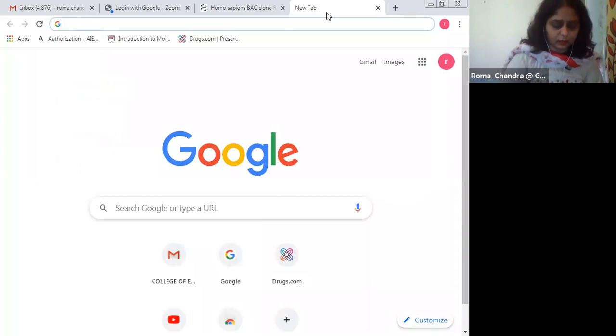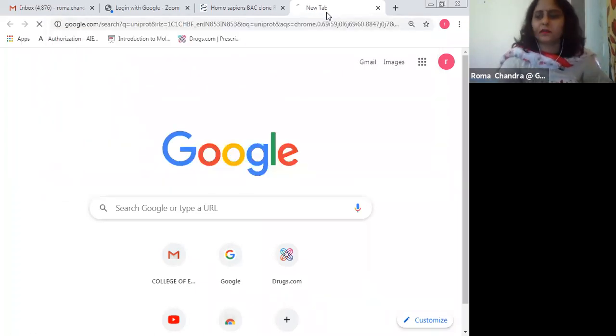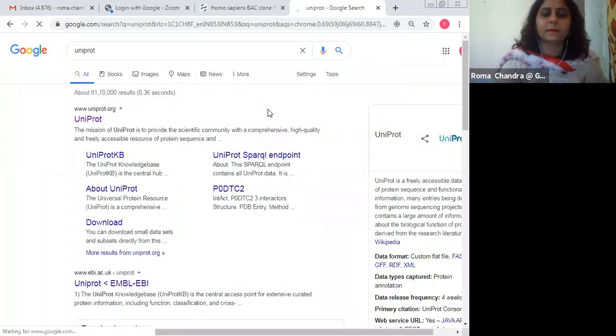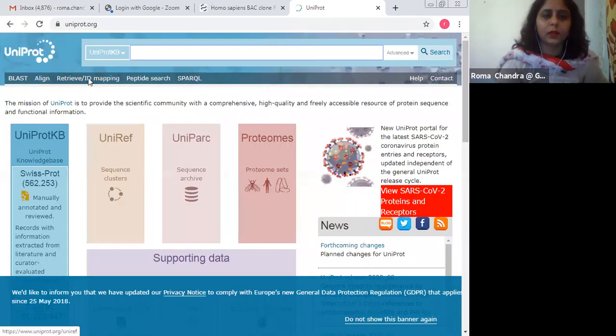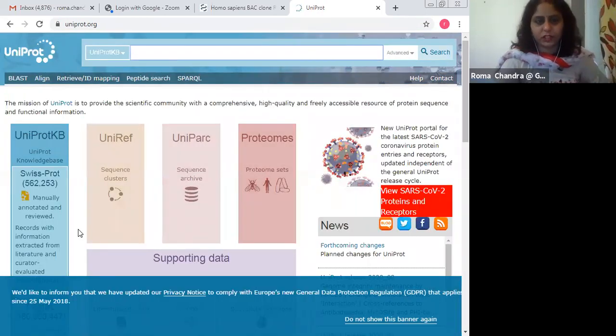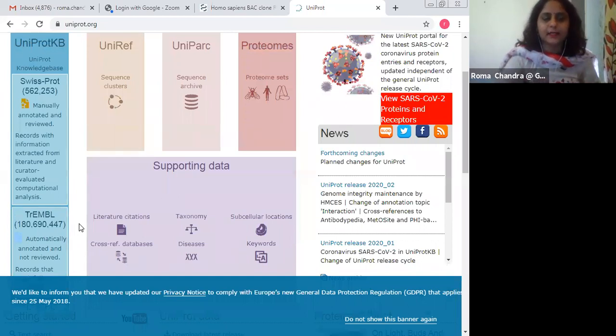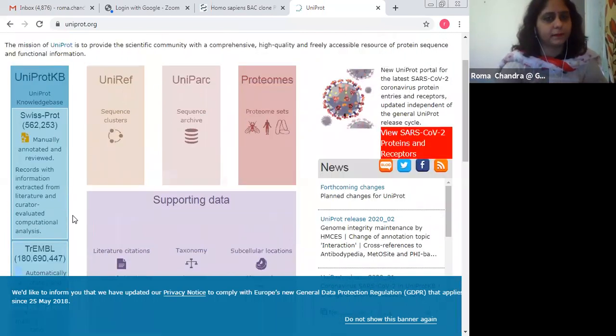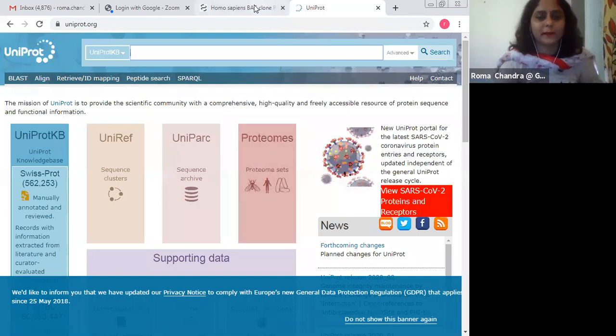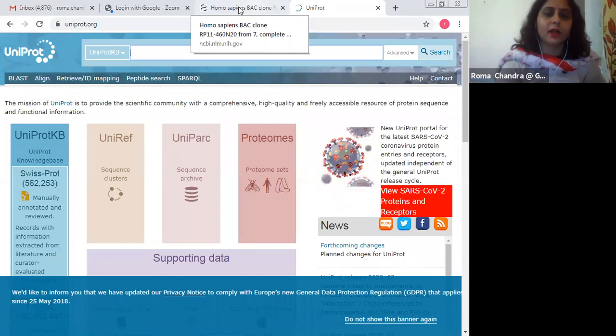I'll talk about UniProt in a very brief manner. You can type uniprot.org. This is the link. Here again you can see on the page the UniProt Knowledge Base, Swiss-Prot and TrEMBL. Both these databases were initially different, but all the information of both got merged, and ultimately they are dealing with a single database, that is UniProt KB. So this is all about the protein database. In detail, we'll talk about the same in tomorrow's session.